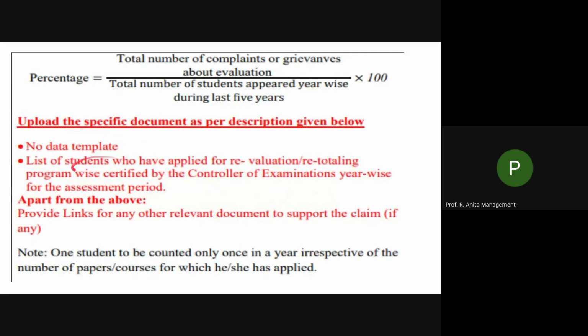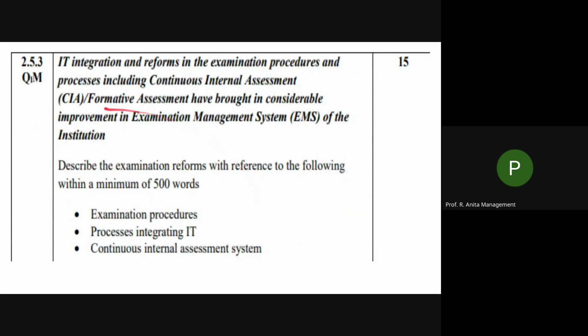Now coming to 2.5.3. Now the documents that you upload for 2.5.2 is the list of the students who applied for evaluation or recounting or retotaling, it is called, that list. So appeared list and applied list, both have to be uploaded. Then 2.5.3 is a qualitative metric where you have to write minimum 500 words,